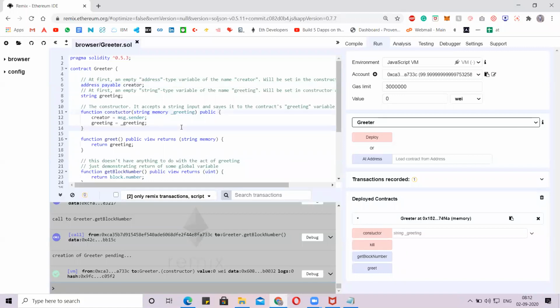Now, guys, we are creating a variable like a creator, and we are telling the contract that it's an address. We are telling the contract that it can do a transaction.